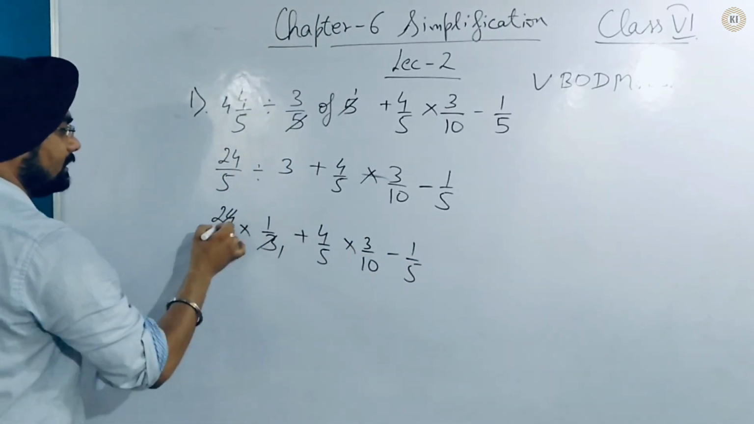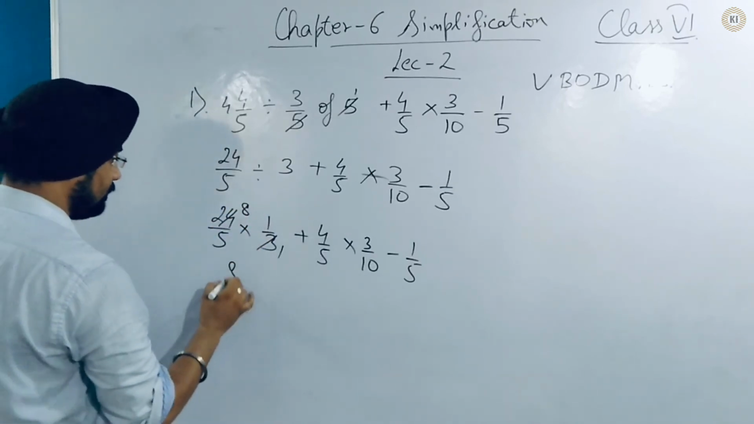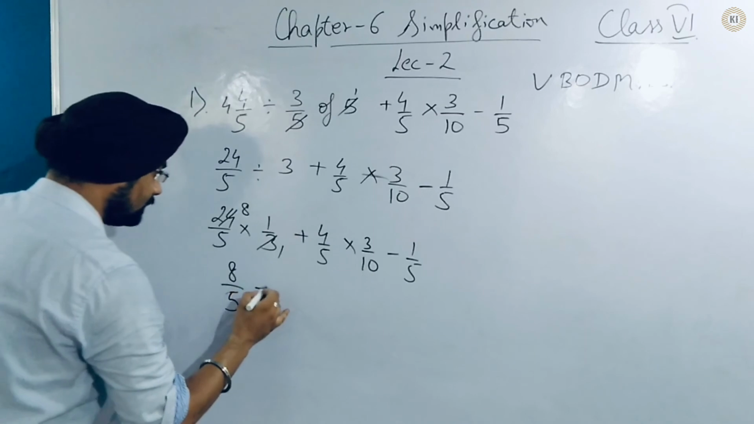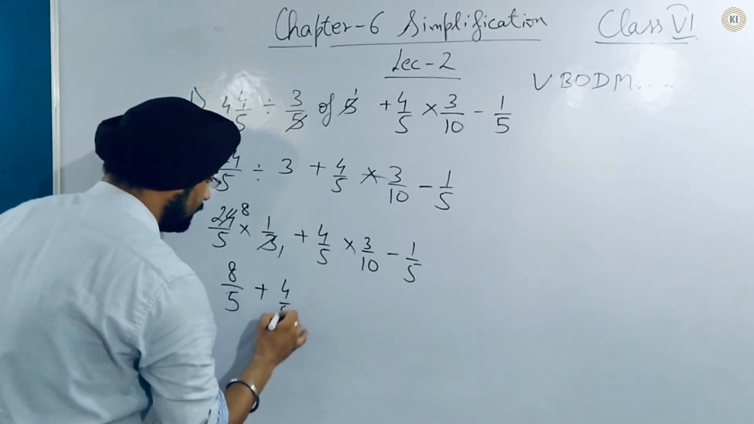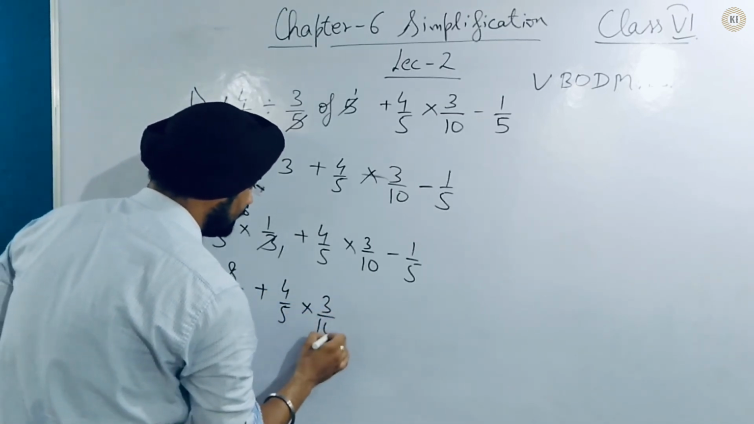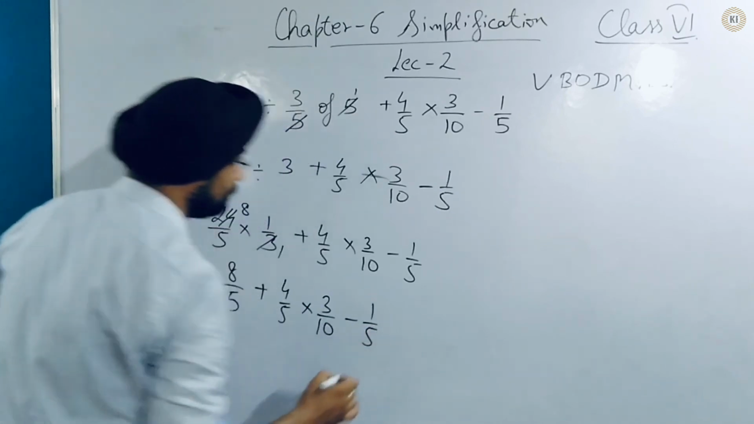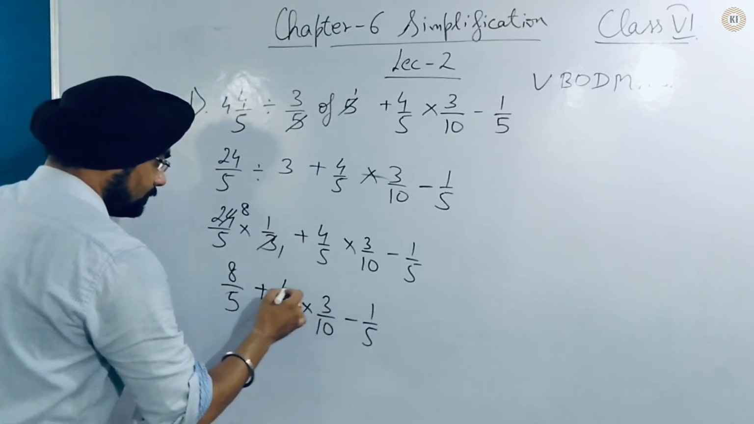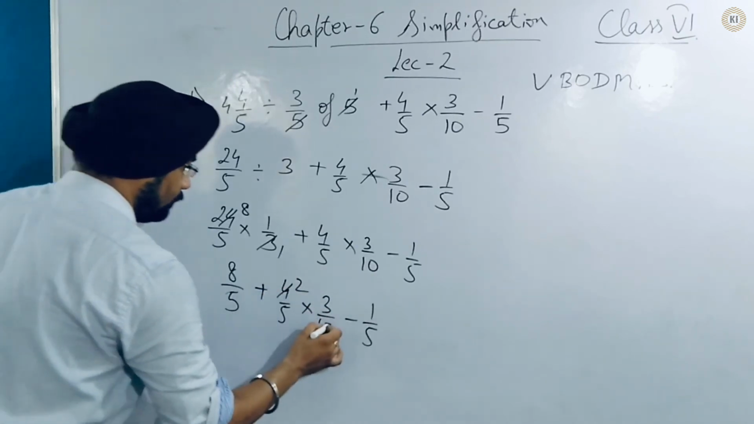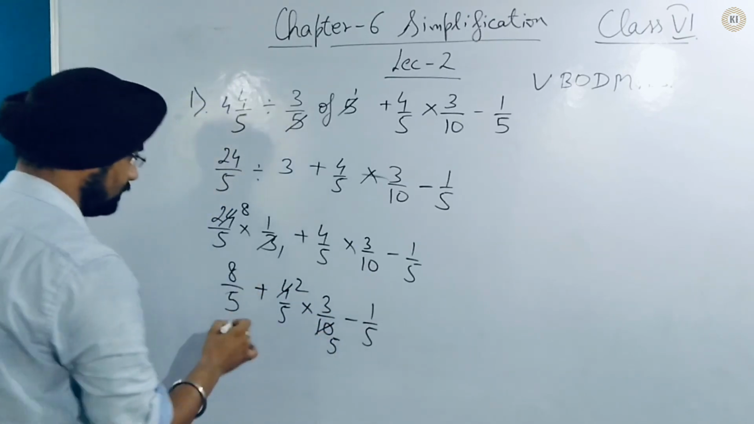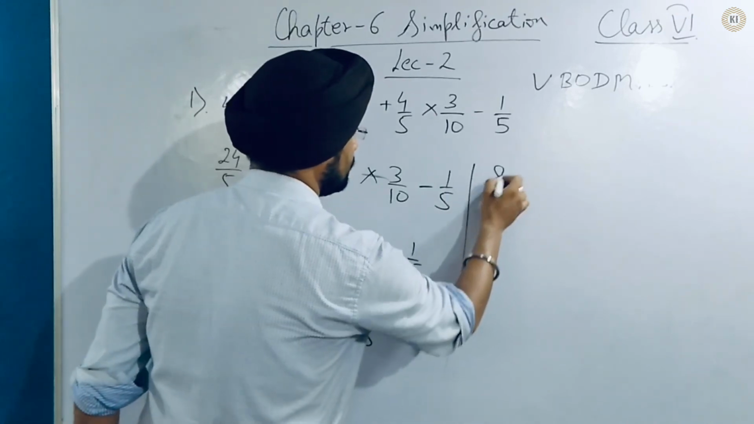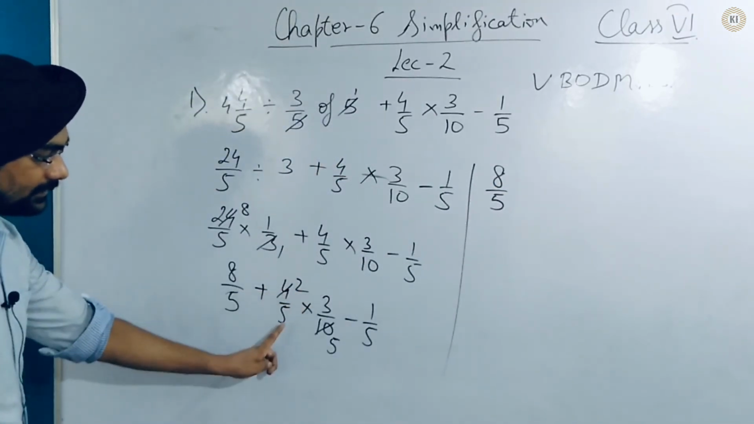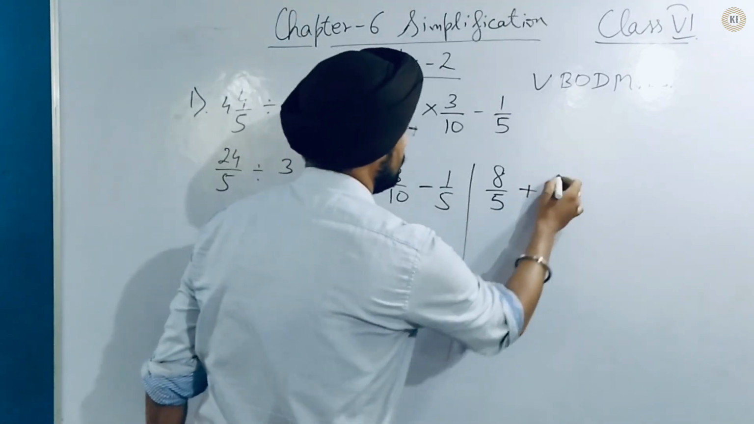Now 3 ones are 3, 8 threes are 24. It will come 8 by 5 plus 4 by 5 multiply 3 by 10 minus 1 by 5. Now we are going to solve multiply here. So 2 2s are 4 and 2 5s are 10. Now it will come 8 upon 5 plus 2 3s are 6, 5 5s are 25